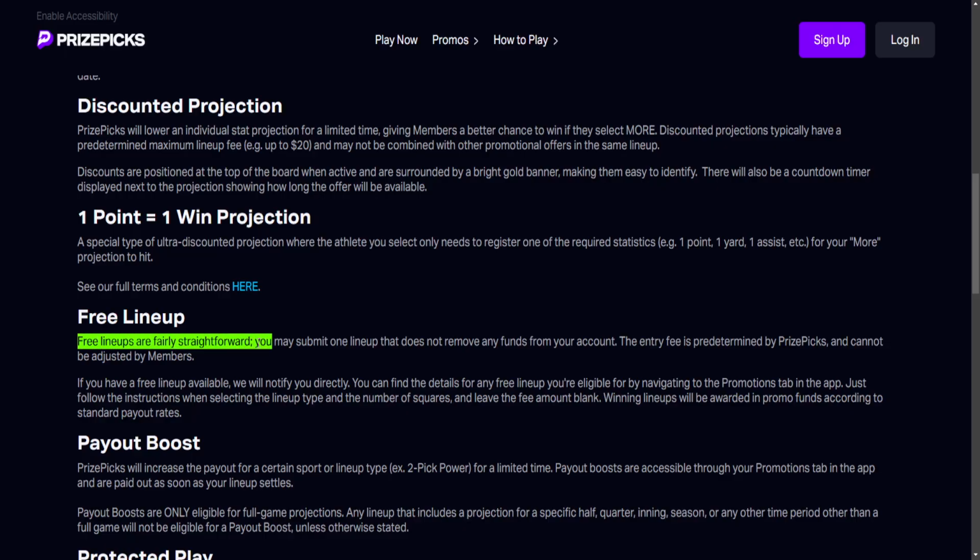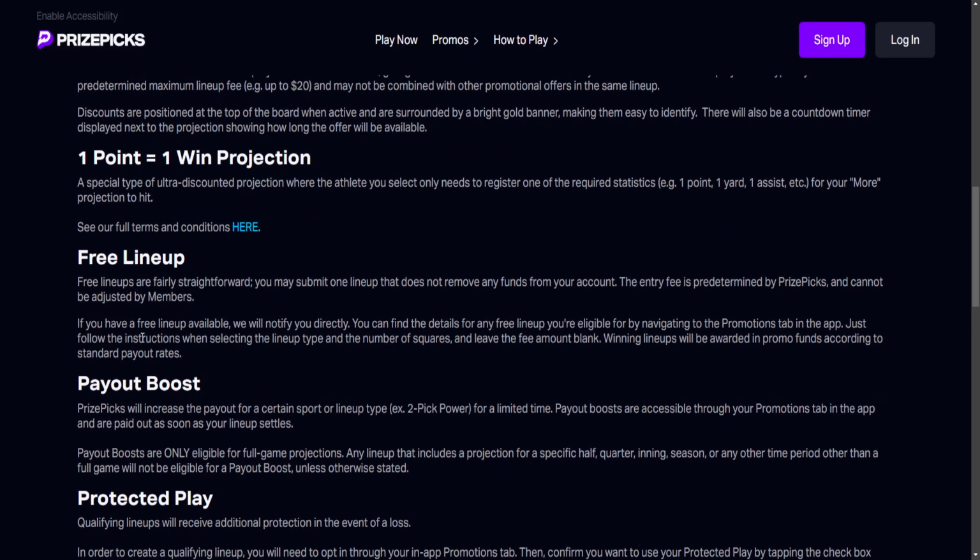Free lineups are fairly straightforward. You may submit one lineup that does not remove any funds from your account. The entry fee is predetermined by PrizePicks and cannot be adjusted by members. If you have a free lineup available, we will notify you directly. You can find the details for any free lineup you're eligible for by navigating to the promotions tab in the